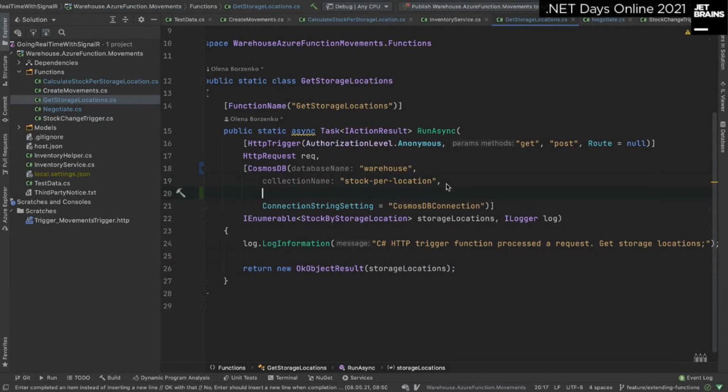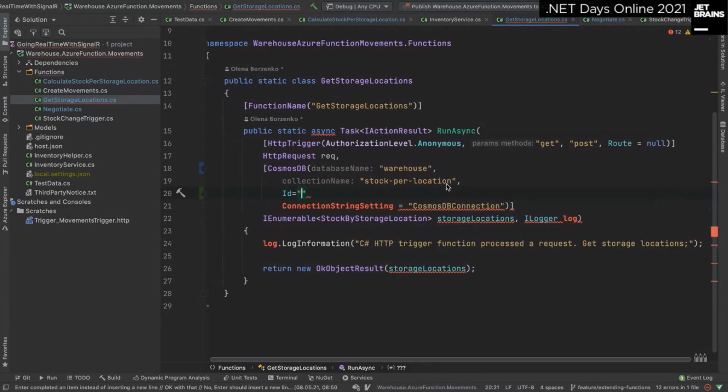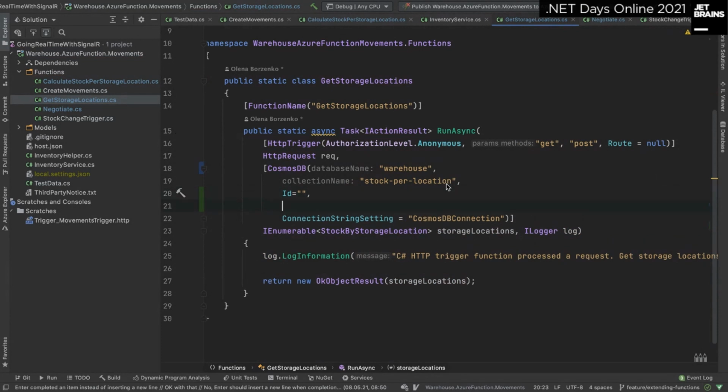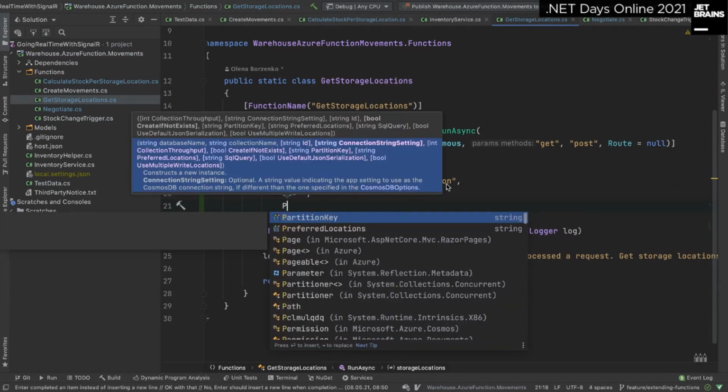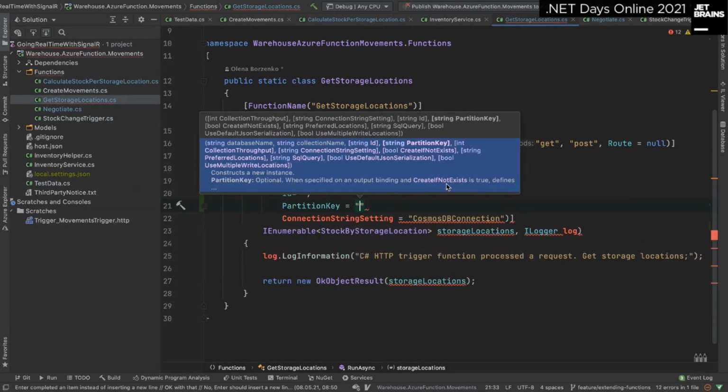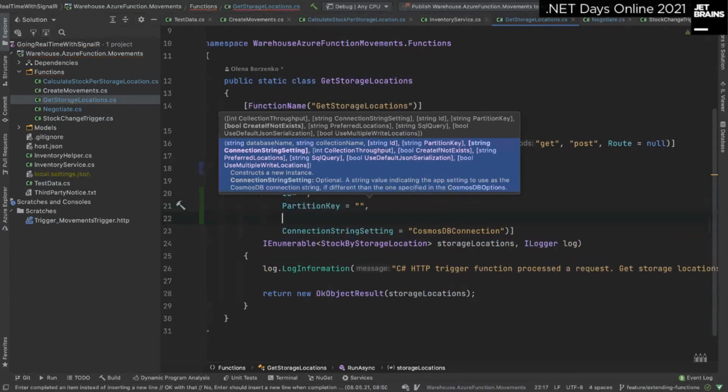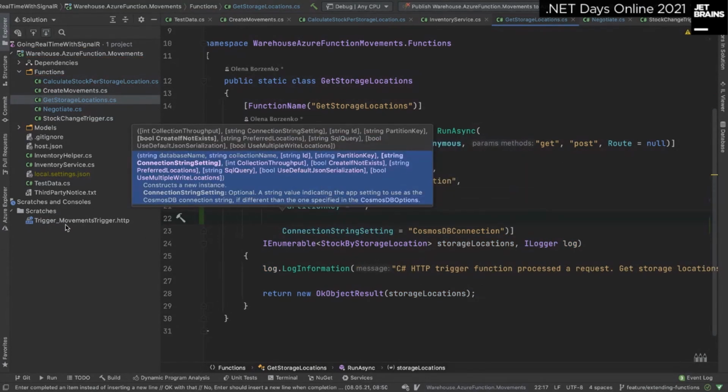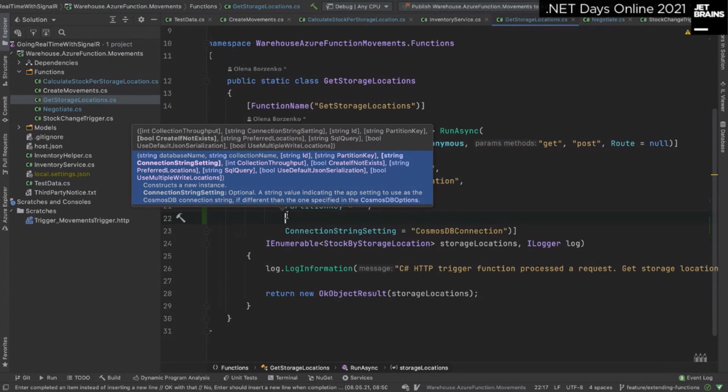You can also specify an ID of the document, and if you know your ID and, for example, the partition key, it will return you only one document because it will be a point read. And besides this, of course, I'm